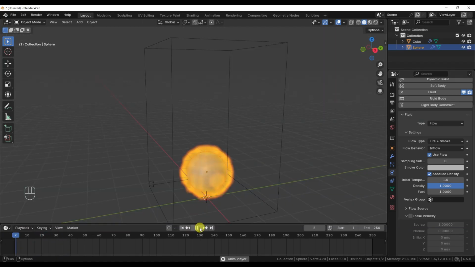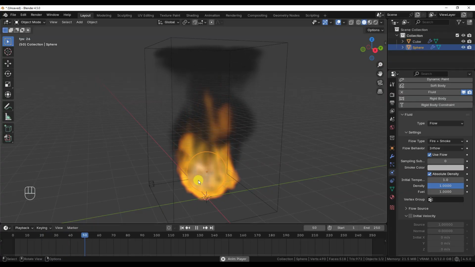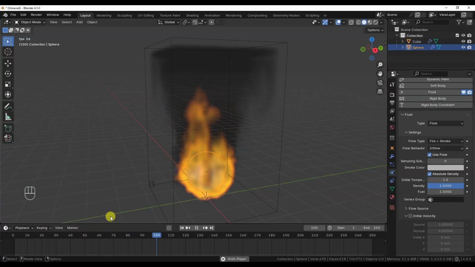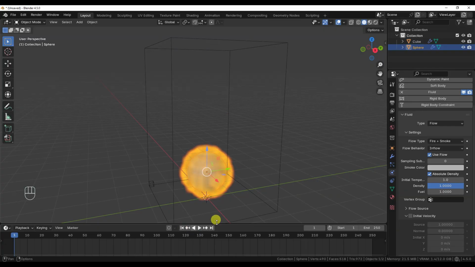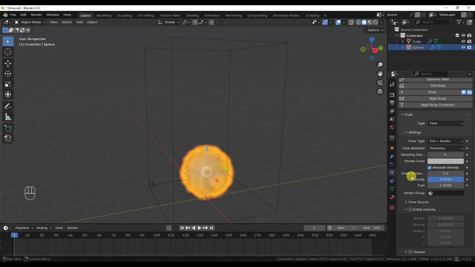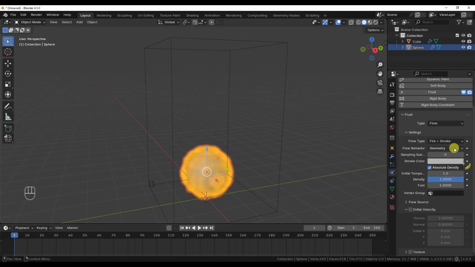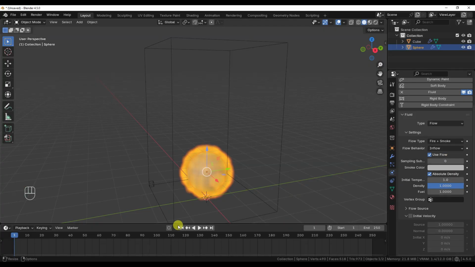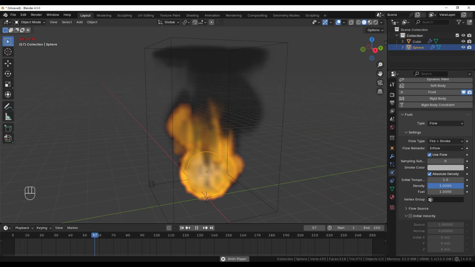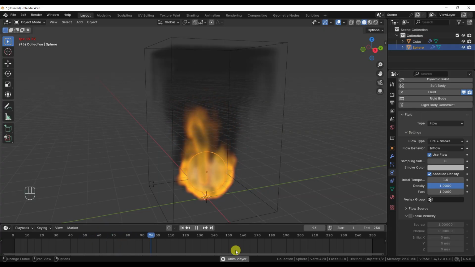The expression "adds fire" for the inflow is the key to everything, because inflow objects continuously generate new simulation elements at each frame, starting from the geometry. The geometry mode, on the other hand, considers the geometry only at the first frame, immediately consuming it, so to speak. In a way, using the geometry mode is like burning a small piece of paper or having a smoke machine emit a single puff, while inflow is like a stove burner or a smoke machine that keeps producing smoke continuously.